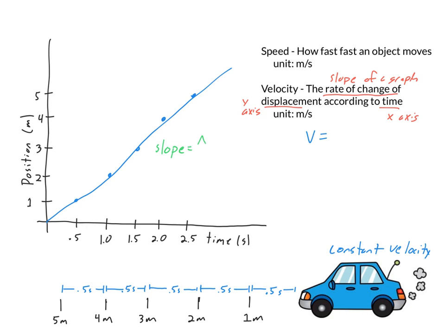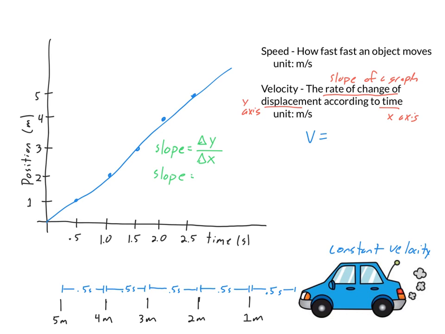Slope equals change in y, change in the y-axis. That triangle is the Greek letter delta, meaning change in, aka the rise. Change in the y-axis divided by the change in the x-axis, aka the run, how far out you go there. Well, what variables do I have on the y and then the x-axis? This would tell me that the slope here, if I just write in the variables I have, is going to